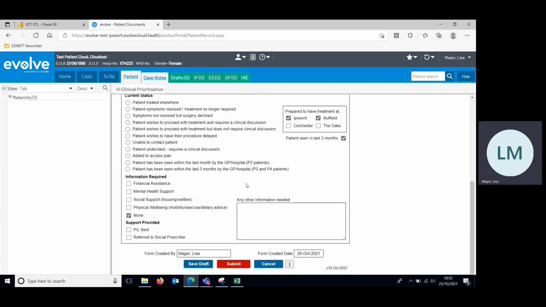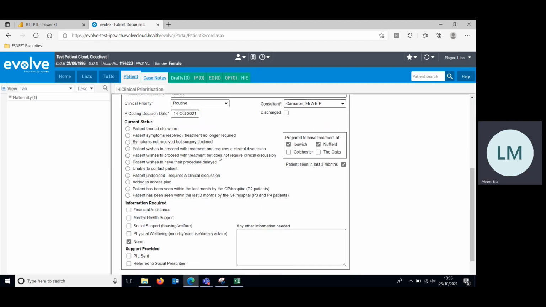So let's say that we've spoken to the patient to check that they're waiting well on our waiting list, and then we can choose one of these other options. Okay, so they're quite self-explanatory. Patient treated elsewhere, patient symptoms have resolved or treatment no longer required. The symptoms have not resolved, but surgery is declined, perhaps for other issues going on in their lives or other